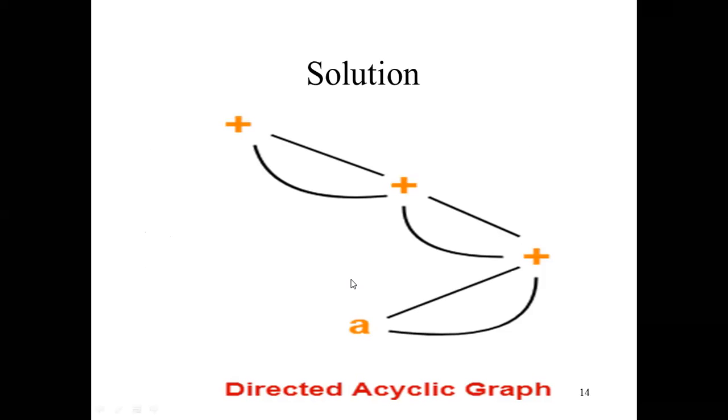Now you can see the solution for the directed acyclic graph. Here, these are the interior nodes, and A, again this is A plus A. Because in a syntax tree we cannot draw like this, but in a directed acyclic graph we can use this. There is one character A here, and this is adding with A. Again and again we are doing addition with A plus A.